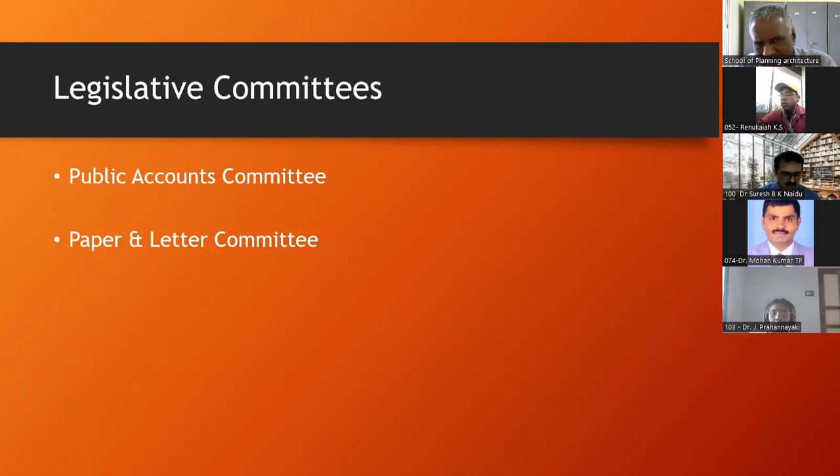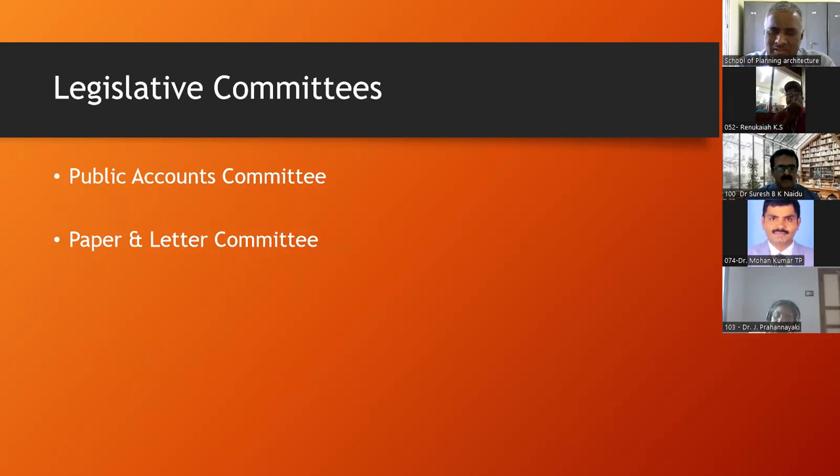And we have legislative committees. University accounts, in case of companies, shareholders are kings. All accounts are approved by the board of directors, approved by the annual general body meeting. That's enough. But in case of universities, who is the competent authority? There are two types of committees in every state government and also central government. Public Accounts Committee, PAC, and Paper and Letter Committee. Public Accounts Committee is a very